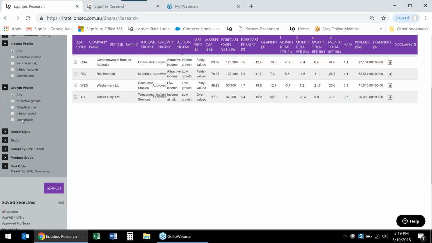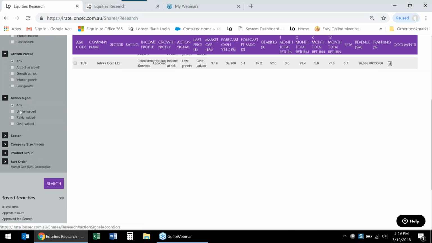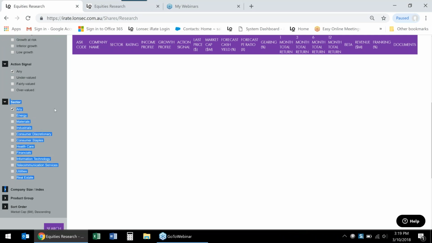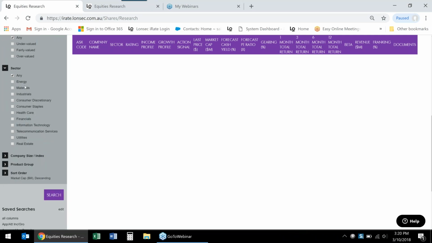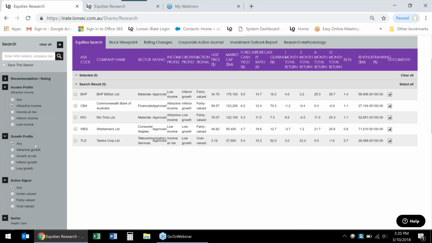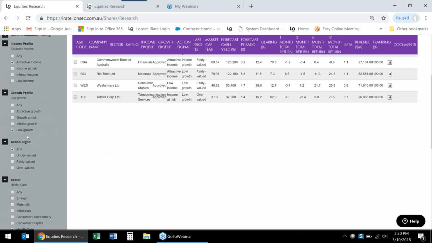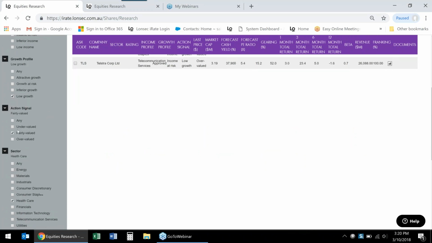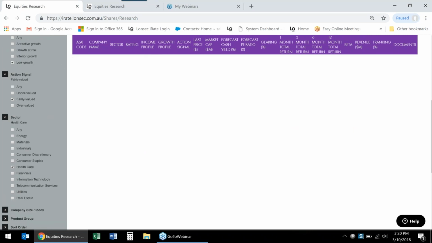You can have different variables. You want your action signal maybe to be undervalued. You only want stocks that are in a particular sector, so maybe healthcare, something like that. Let's just go attractive income, low growth, fairly valued, and healthcare.